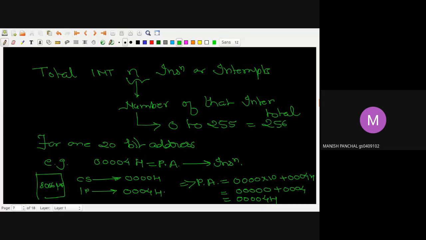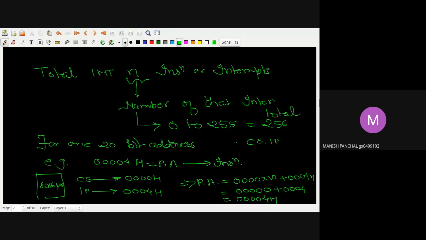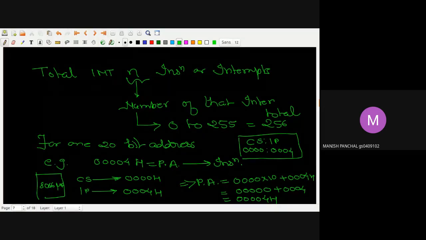Now come to the point: my important issue was that I am getting a combination of CS and IP, where CS has the value 0000 colon 0004 for a particular interrupt. Okay. So if I want to go to the physical address location of any interrupt, I must have two things here. The first is the value of the code segment and the second is the value of IP. Unless I have both these values, I cannot go to that location. So I will conclude here that